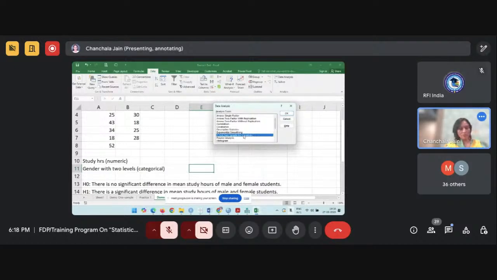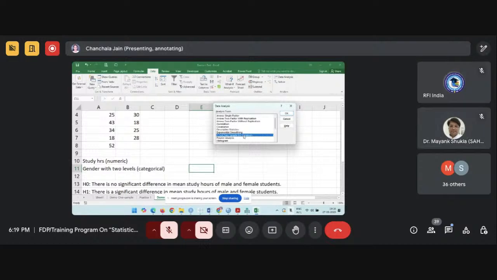Ma'am, one question. If the variance is different, we will go for the F-test. I think we haven't checked. Excuse me, ma'am, sorry for the interruption. We are discussing again about variance and using the F-test also. I had this confusion: can we use somewhere this ANOVA related test here instead of the t-test?